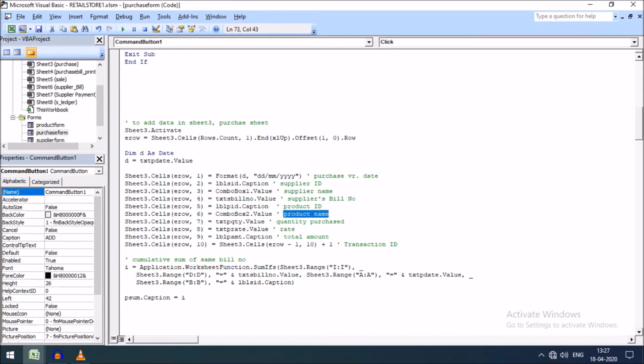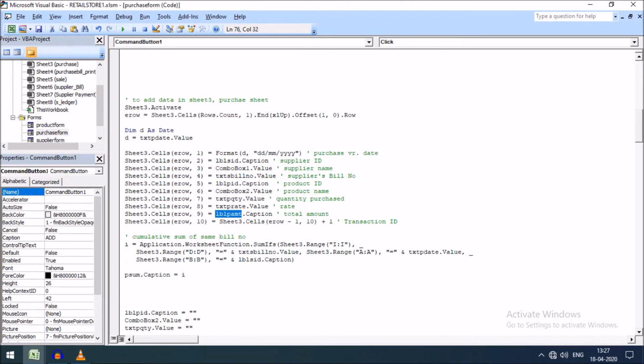You can see here product name, and combo box 7, and the seventh column has been assigned to product quantity, the eighth column to product rate, and the ninth column to LBL amount.